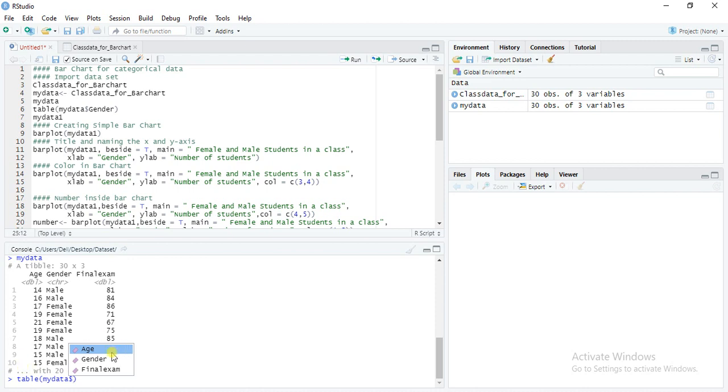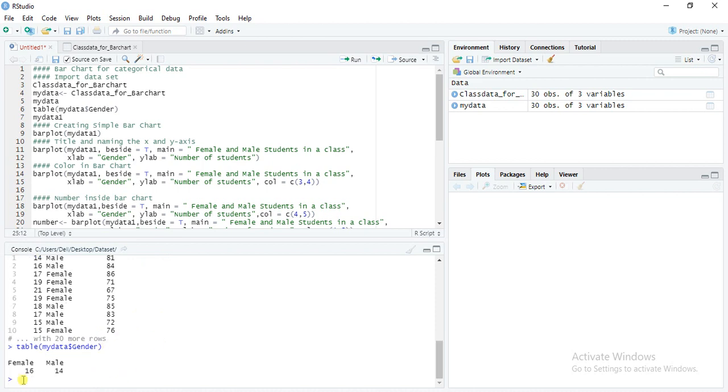There are three variables: age, continuous, gender, categorical. Is it clear? We need a categorical variable for making a bar chart. Now enter. There are 16 female students out of 30 and 14 male students.